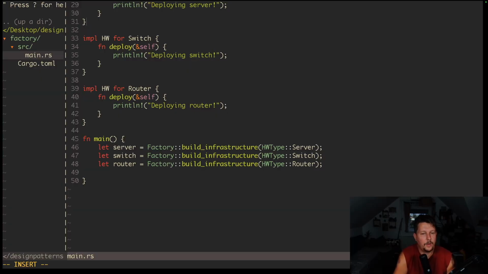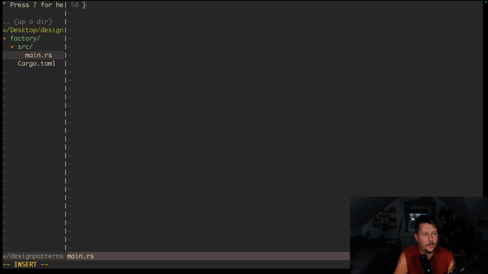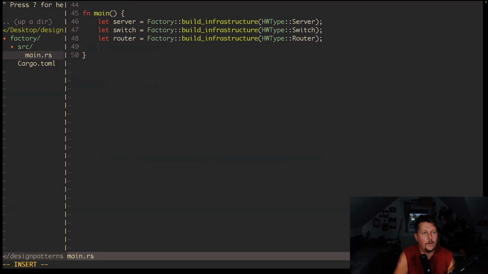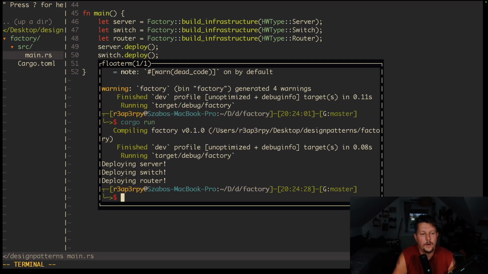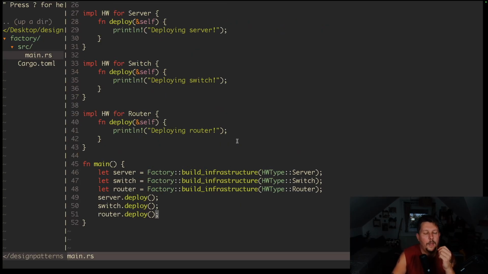So now what we can do is to go ahead and deploy our server. And switch deploy, and the router deploy. So if we run it, you can see that we are deploying server, switch, and router. And